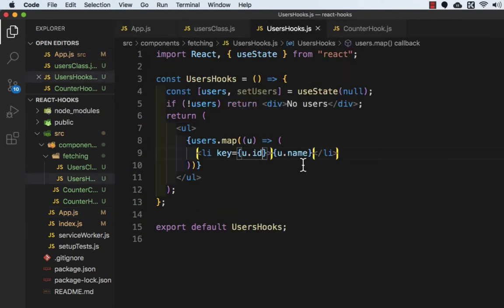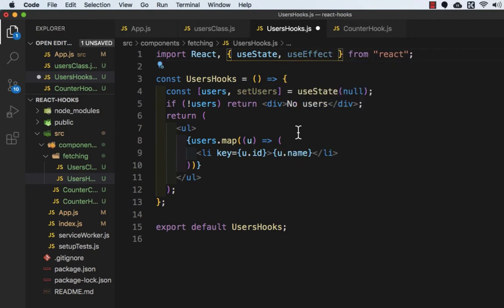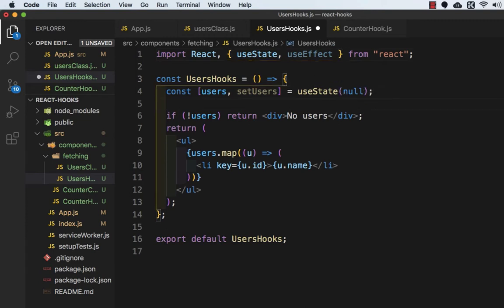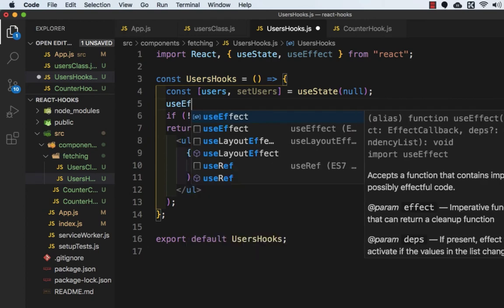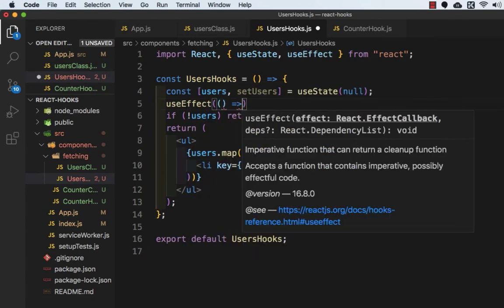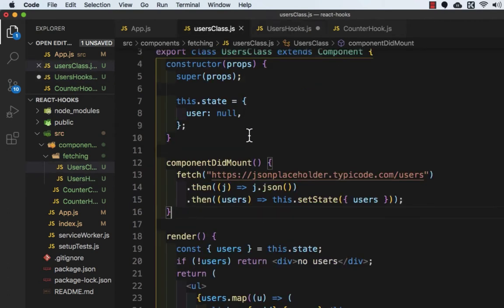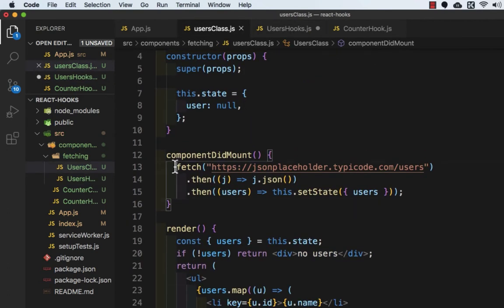data fetching functionality. So for that we need to import useEffect. So here we need to write useEffect. Let's create our first effect. So here we need to write useEffect, and inside we need an arrow function. And let's go to usersClass.js, and the functionality is the same, so we just need to copy this code and